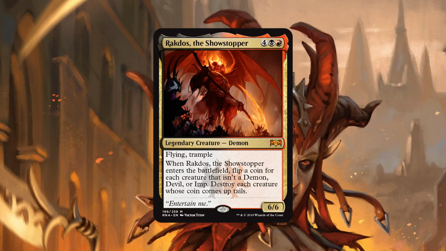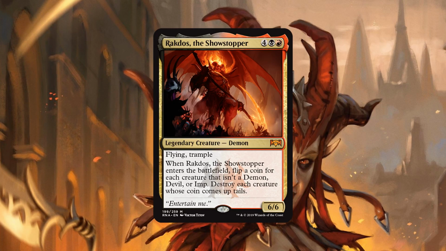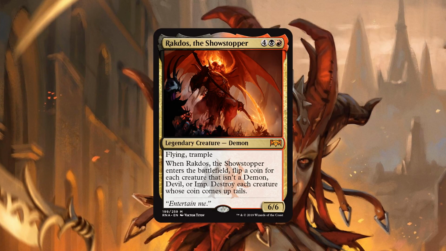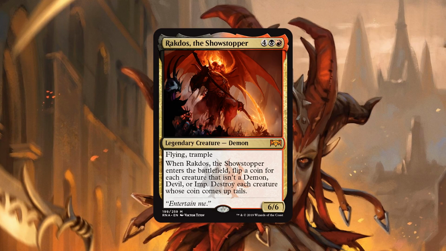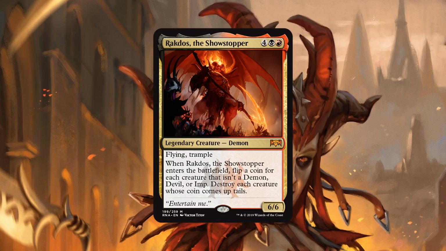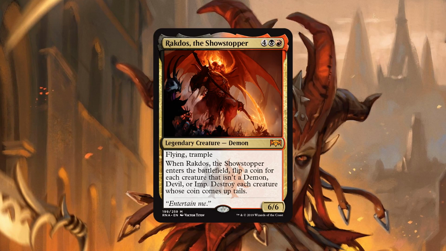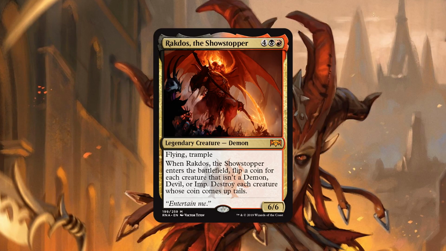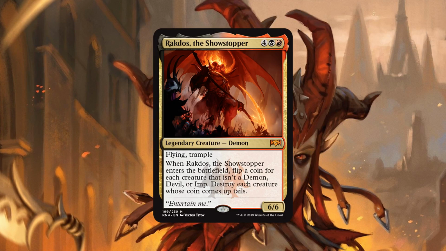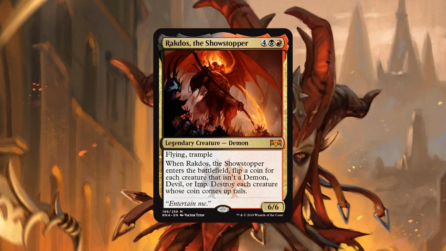So basically, you have a 50% chance of destroying each of the non-demon, devil, or imp creatures on the battlefield when it comes into play, which means if you're playing a deck with a bunch of demons, this can be like a pseudo wrath effect. I mean, there's a lot of randomness, and this kind of feels like a card that's designed for Magic Arena to have these big, flashy, high variance moments, but really, this is a powerful